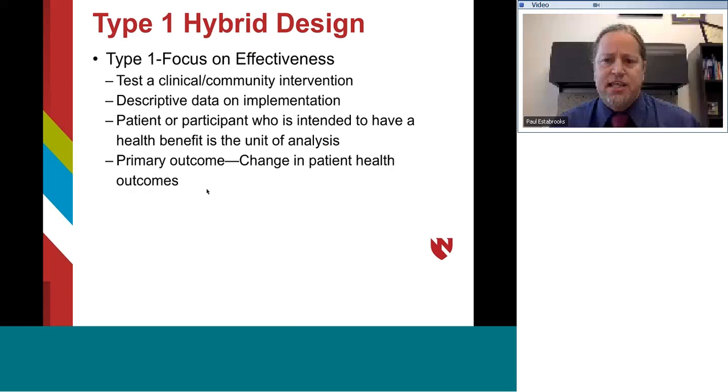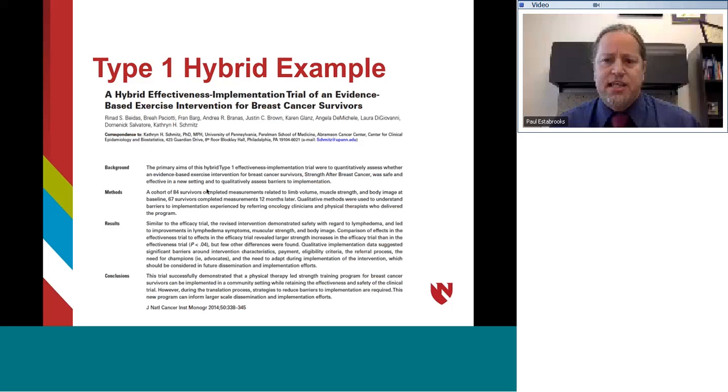And so if we want an example of this, and I apologize for, I'm sure, ruining the pronunciation of the lead author on this paper, Baidas, I hope I said that okay, and colleagues, this really comes from some of the work that Katie Schmidt has done in trying to develop strength training interventions to help after breast cancer. And so if you look through this, the key parts of hybrid type 1, I'm hoping you guys can see my mouse on here. You can see it's to quantitatively assess whether an evidence-based exercise intervention for breast cancer survivors, strength after breast cancer, was safe and effective in a new setting, and here's what makes it the hybrid design, to qualitatively assess barriers